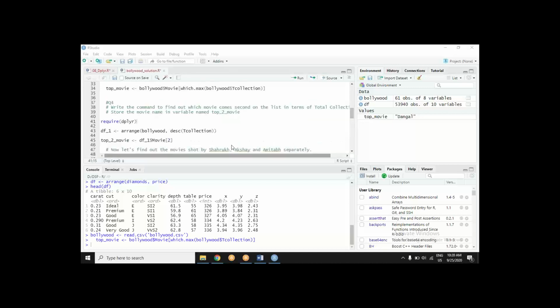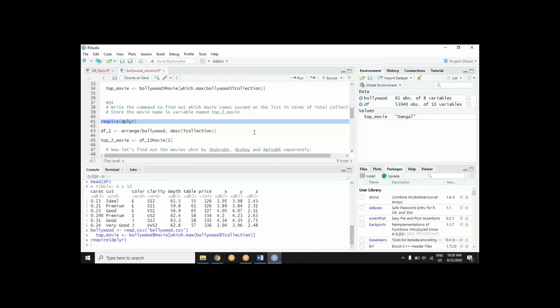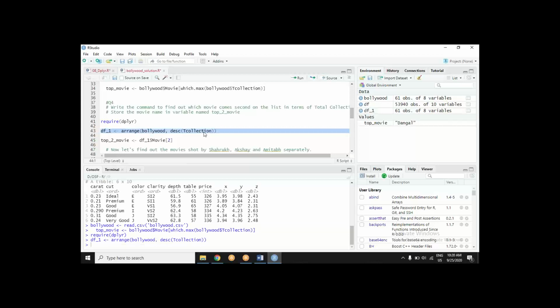Now pay attention. If I do it with dplyr, let's require dplyr. Arrange Bollywood in descending order of total collection. Sorted. Ask me what you want. Ask me the top movie. Ask me top second. Ask me top fifth. Ask me top 10th. Ask me anything.